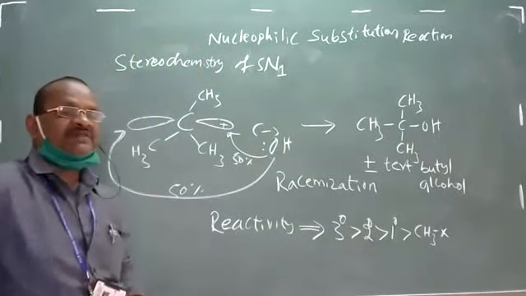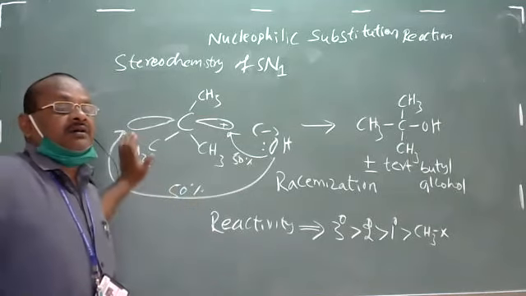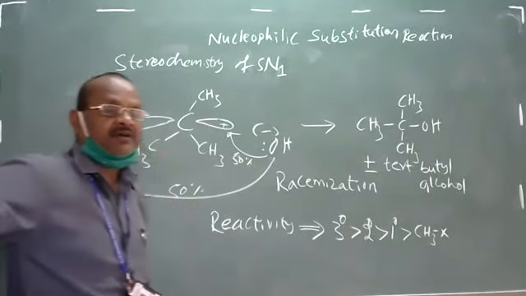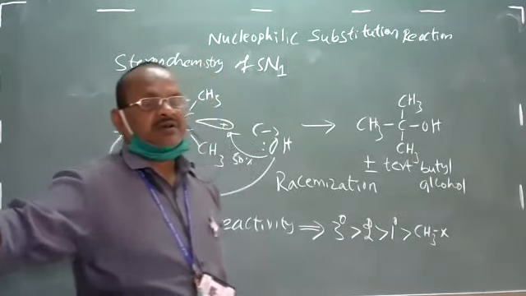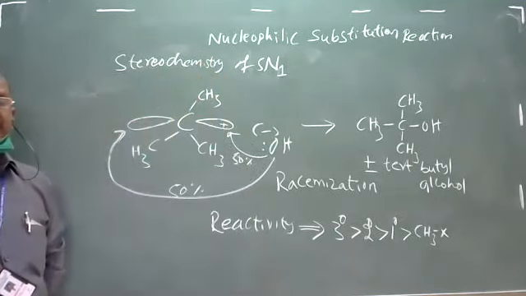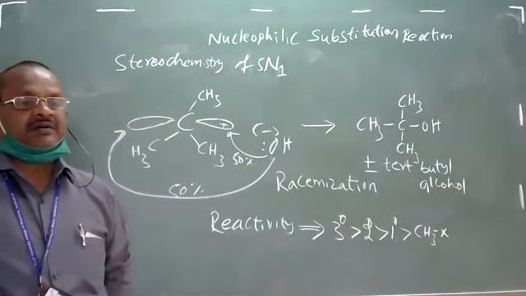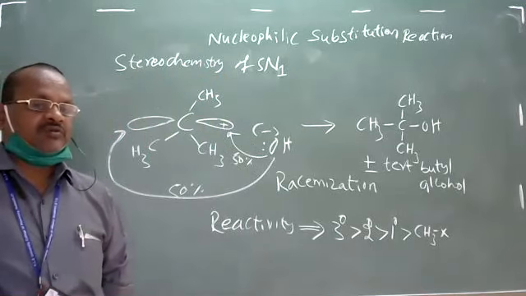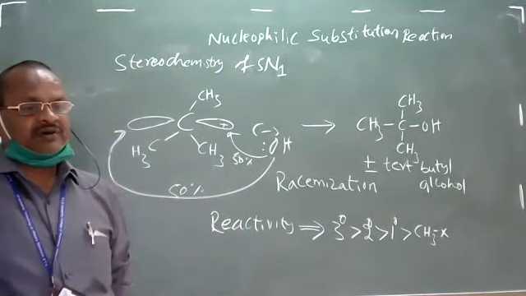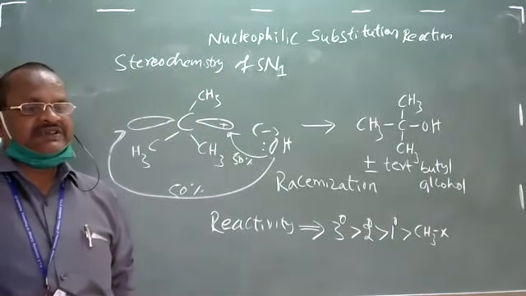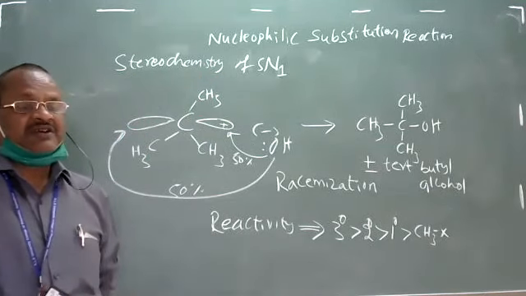Clear? Coming to the mechanism part of this, it is a two-step mechanism wherein in the first step, the tertiary butyl bromide undergoes hydrolysis because that bromine is an electronegative atom. It always tries to pull the bond electrons towards itself, thus creating delta minus over bromine and delta plus over carbon, and the covalent bond is converted to a polar bond, which is a weak bond that can be broken very easily. So it undergoes hydrolysis, and the energy required